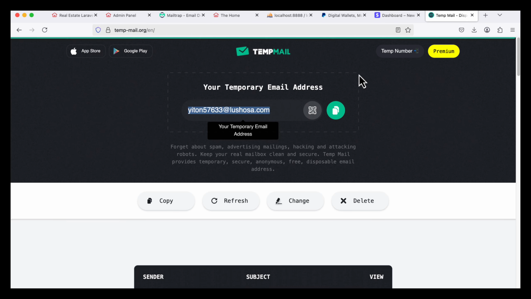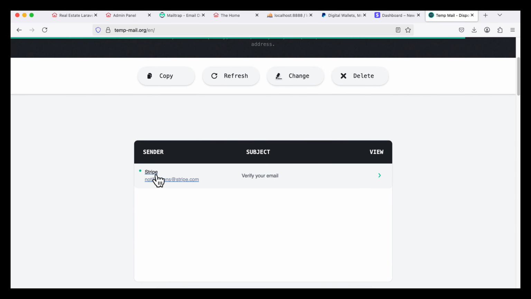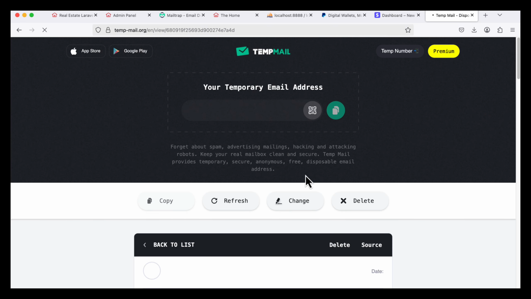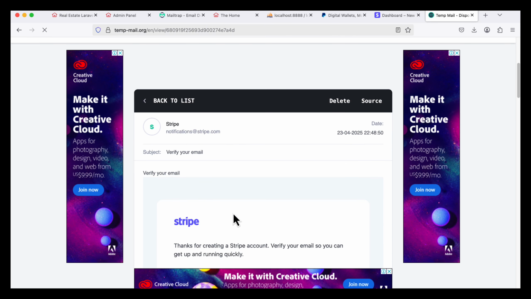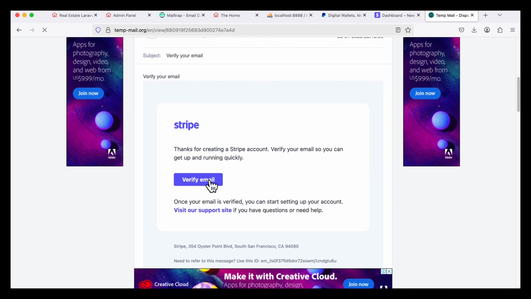But here in the temp email you will see already a verify your email message comes. So click here, and here you will see verify email link. So I am just going to click here. If it does not work, yes, it is working. So okay, it is taking me to the Stripe dashboard,